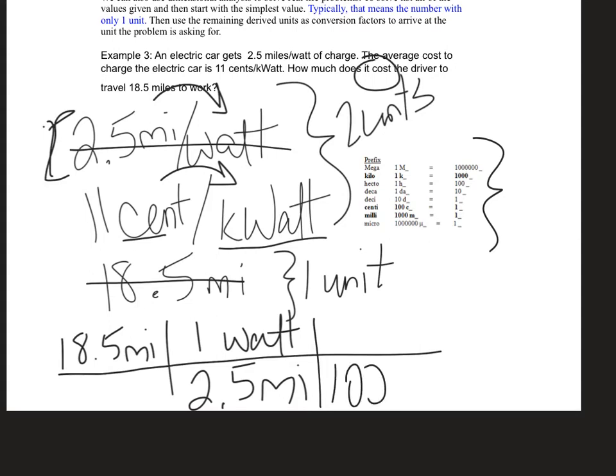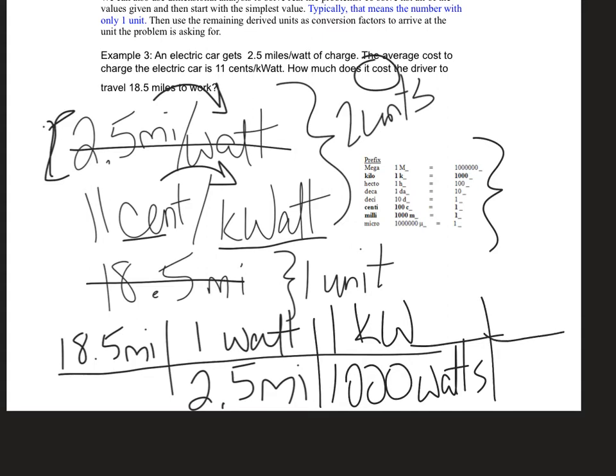We know that for every 1,000 watts, we have 1 kilowatt. Now we can bring in our final conversion factor and say that for every 11 cents, we have 1 kilowatt. Typing all this into your calculator, right? Everything on top multiplied together divided by everything on bottom multiplied together, we get 18.5 times 1 times 1 times 11, close parentheses, divided by,